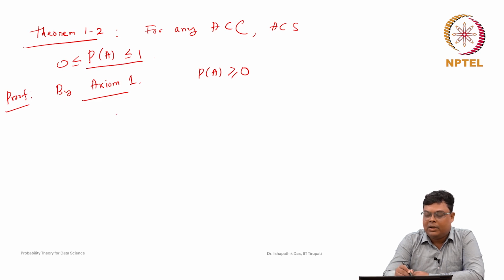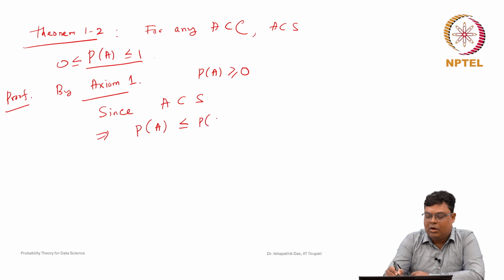How can we prove that? Since A is a subset of S, which implies probability of A is less than or equal to probability of S. This is by theorem 1.1, which we have already proved, so we can use it here. Now, this implies probability of A is less than or equal to 1, since this is P of S,